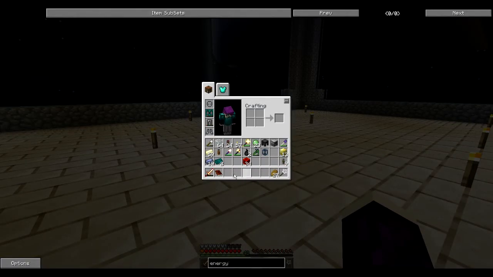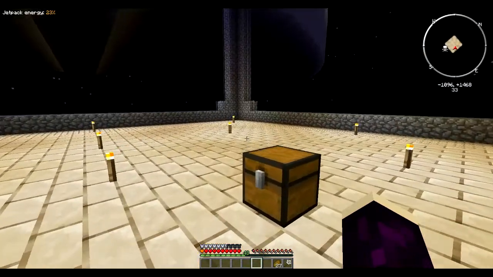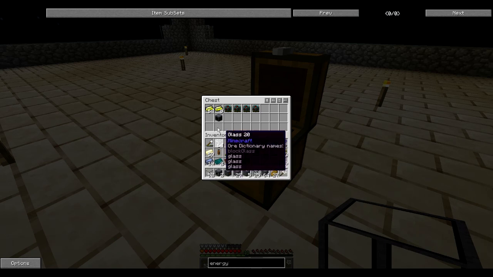Okay, don't need that, don't need that, don't need that. Actually, I might need that. No, I won't. Leave it. Okay, so reactor casings, yellorium fuel rods, reactor controls, more reactor casings, power tap, reactor glass, and